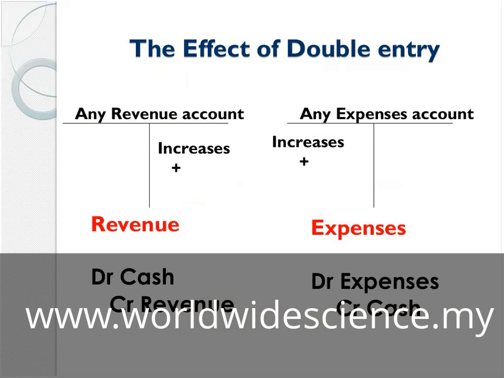You see, any revenue account on the credit side will increase. If we take expenses, they will increase on the debit side. So, like revenue, just to give an example, you see revenue. In the debit, we will receive some money, right? The company receives some money, for example, in cash.